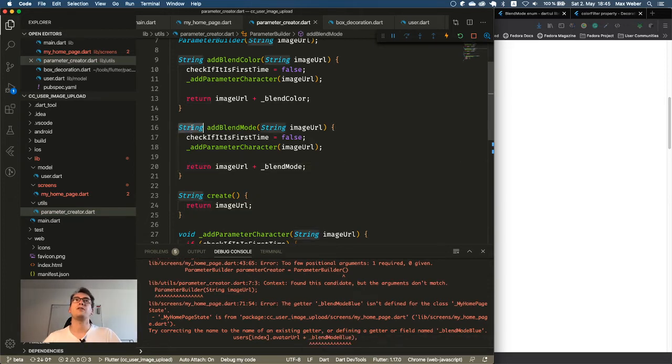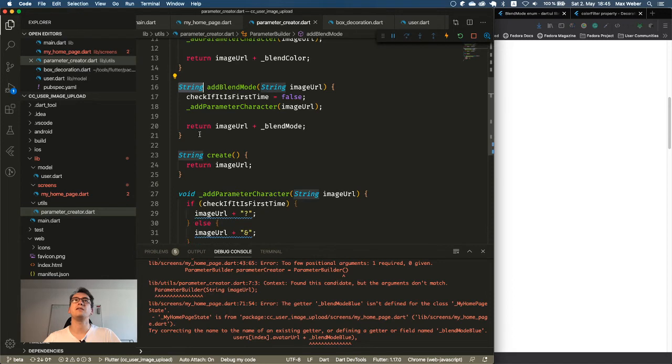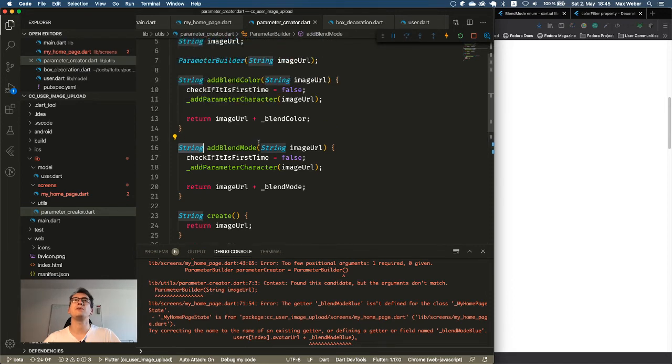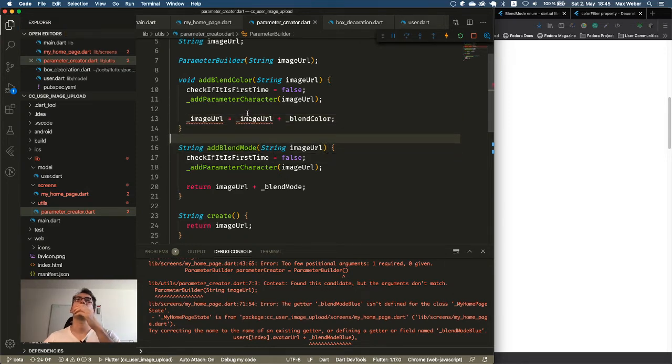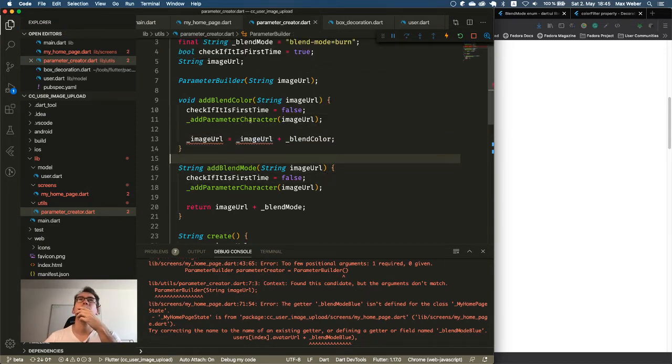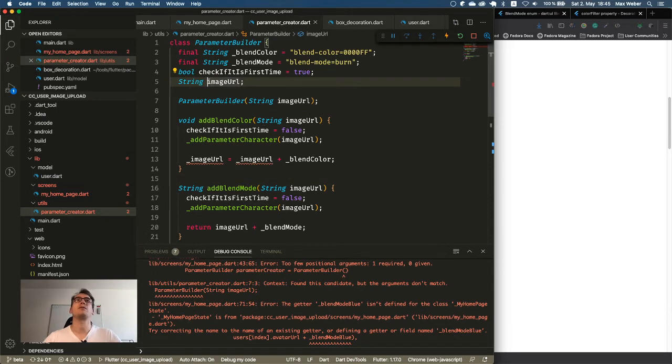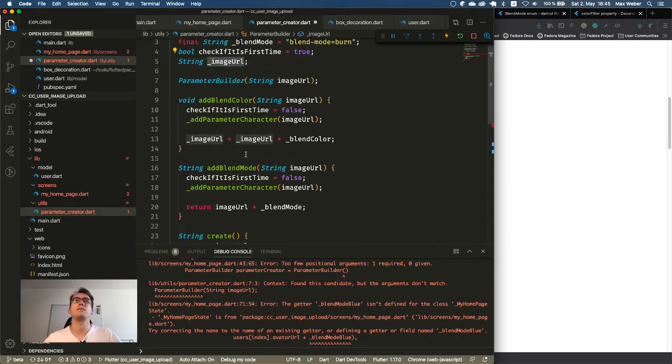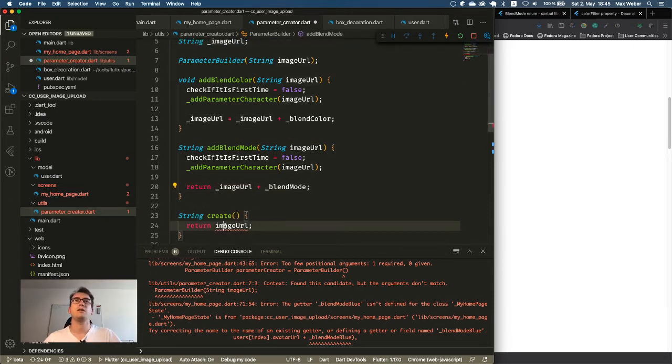And we don't actually have to return the different strings here. It is just fancy of us that we do that. But actually what we also could do is we just remove that and say we return void. And we don't return anything and say image URL equals the image URL in blend mode. That is not possible. Why? Yeah, because that is not yet. So the same thing here and same thing here.